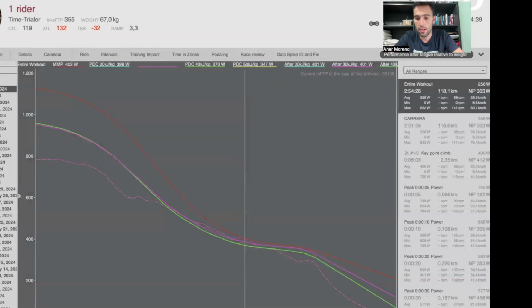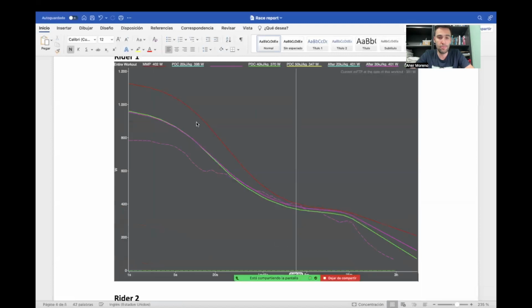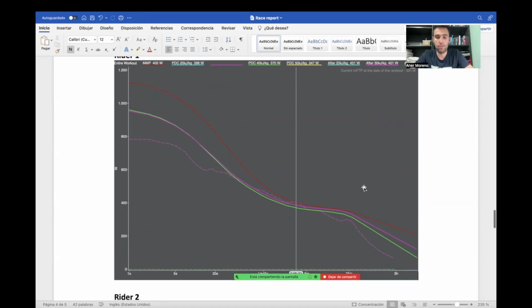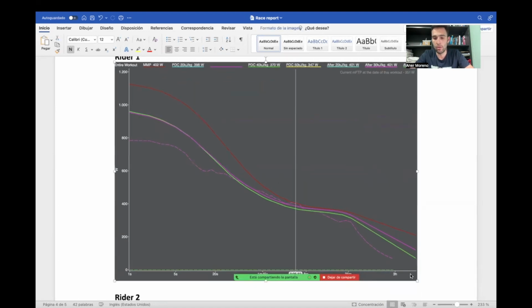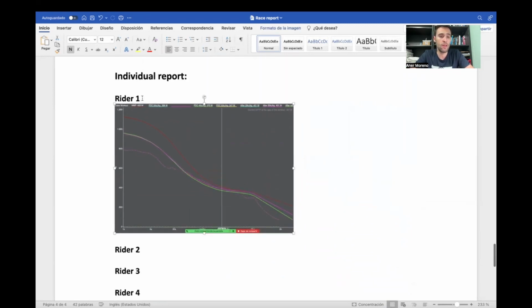Screenshot here, and here rider one has performed his best because, as you can see here, 41 watts when his maximal power on fresh is 42 watts. Almost the best performance on fatigue. This is a good performance for a rider who is the leader of the team for the last climb of the race.